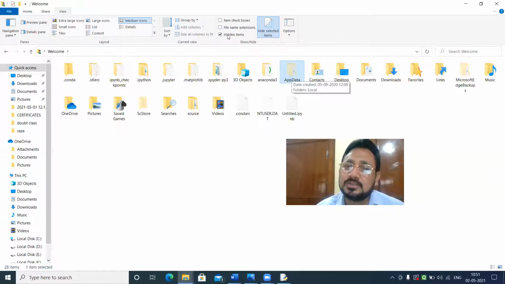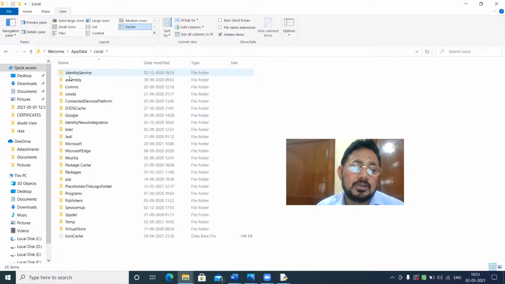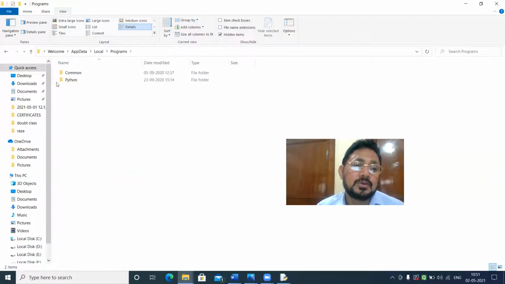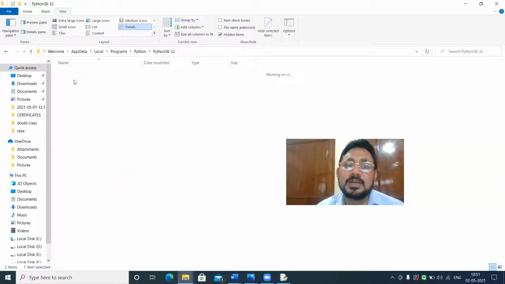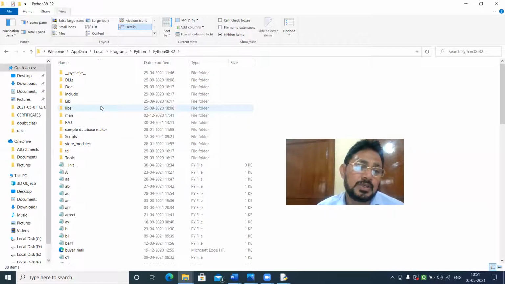So first of all, you choose hidden, and then app data. At app data, you go to the local. At local, you just click on programs, and on programs you click on Python. In Python, you select your version of Python. After that, you come to the point that is lib.